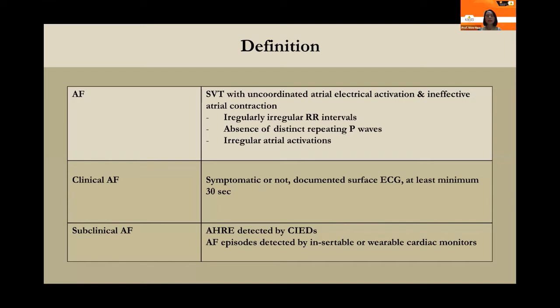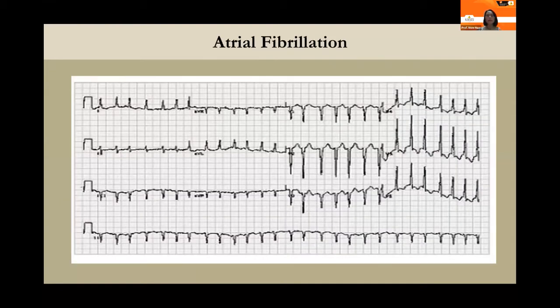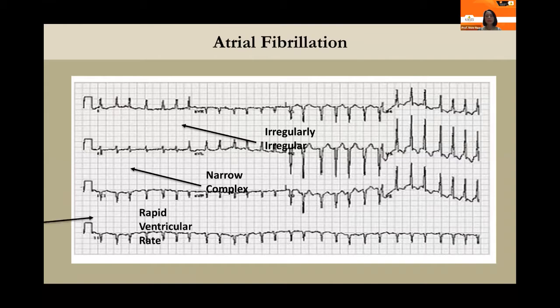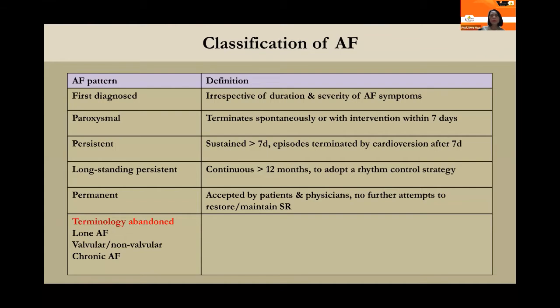So what about subclinical atrial fibrillation? Subclinical atrial fibrillation is an episode of atrial fibrillation detected by an insertable or wearable cardiac monitor, such as a CIED. CIED means cardiac implantable electronic devices. You can see here atrial fibrillation, with irregular ventricular contraction, a narrow complex tachycardia and rapid ventricular rate. In the ESC 2020 guideline, the pattern of atrial fibrillation is classified as follows: first diagnosed atrial fibrillation,